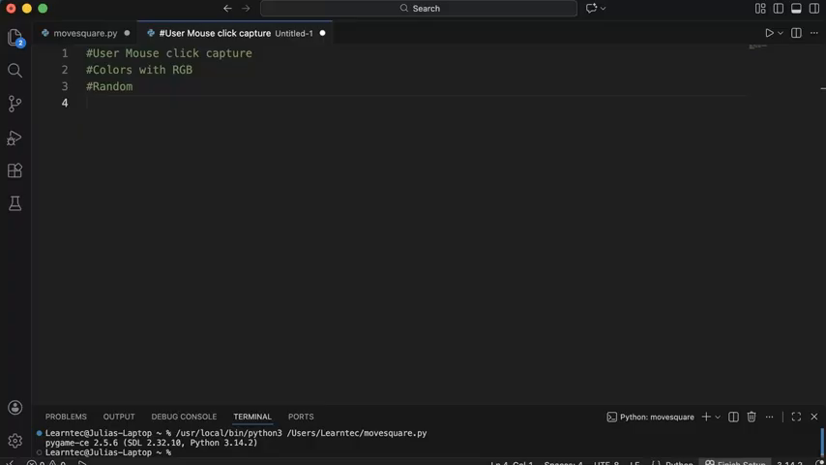So we're going to create a little game where, when you click on the screen, it will just change the colour of the background, and it's going to incorporate all these three things. So it's a nice simple way to learn all these. So the first thing we're going to do is